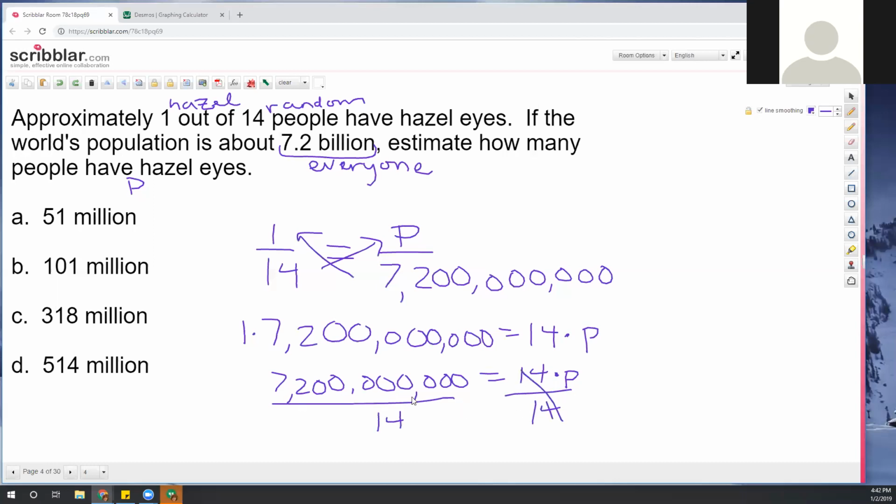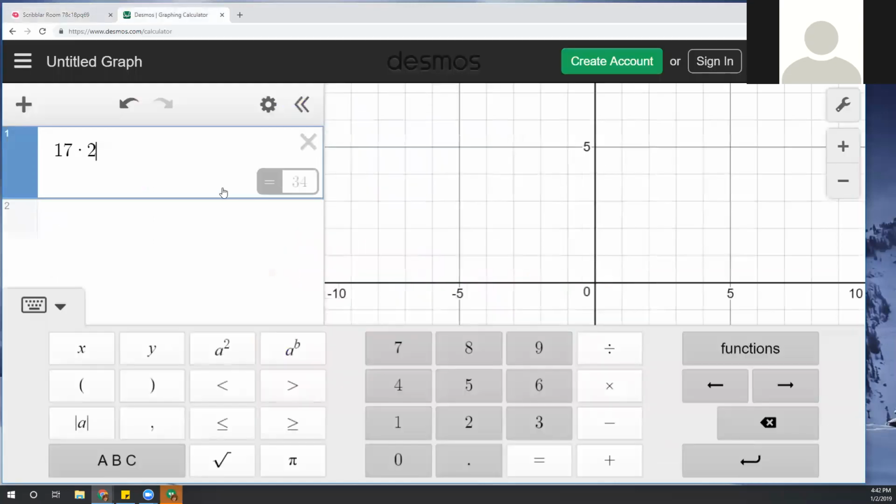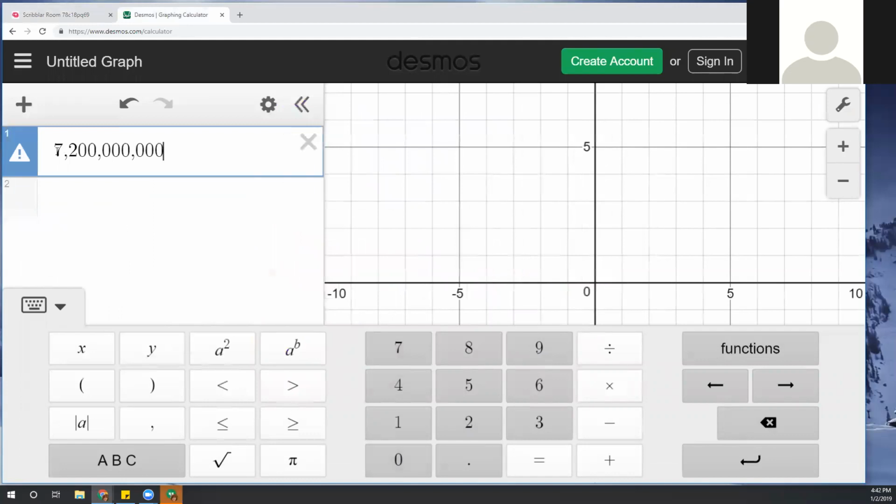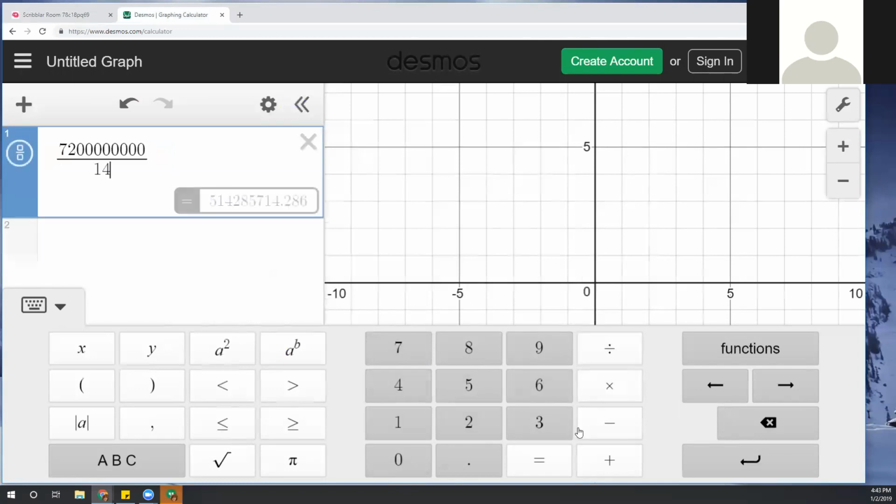So now we've got to go type this into our calculator. 7,200,000,000. Now they don't have commas. Oh, actually, no, it does. We're going to try this out. I don't know if this will work or not, but it will help us keep it more organized. It's easy to lose track of how many zeros, but the commas can help with that. Divided by, nope, the commas did not work. So you're just going to have to keep track of your zeros. 7,200. So I always type it in groups of 3. I say, okay, well, 0, 0, 0, 0, 0, 0. That way I can keep track of them in groups of 3 at a time. Divided by the 14